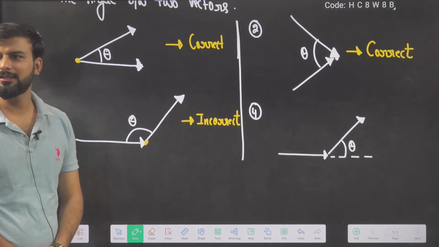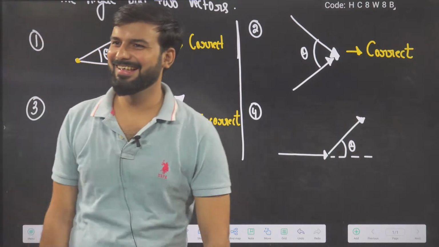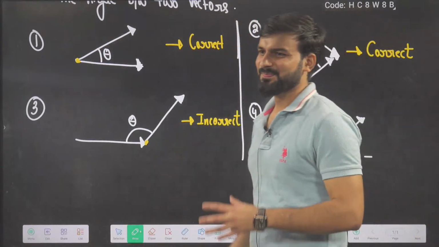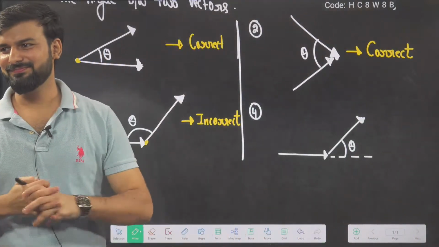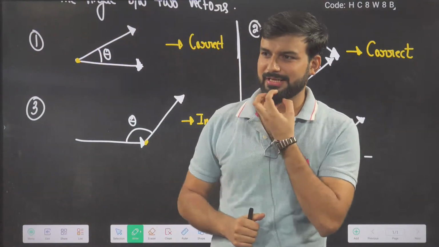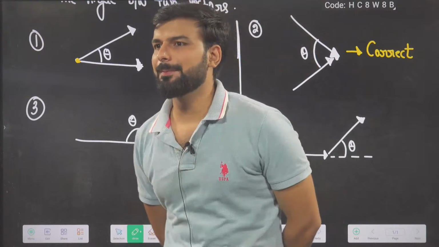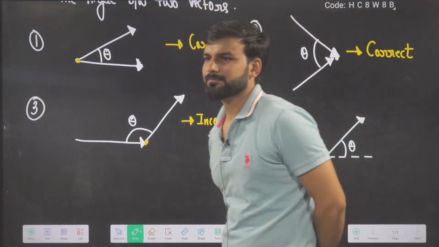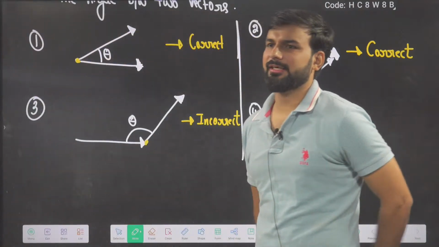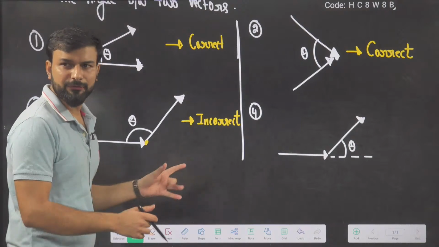Very good. Everyone is saying incorrect, but the answer is correct. Look, beta, this is the suspense now. Here we are going to utilize the first property of the vectors. What is the first property that I have taught you? Shifting of vector. Now if you notice this